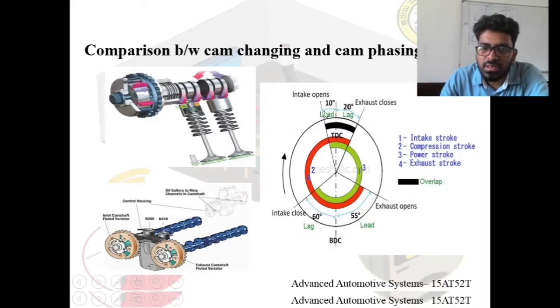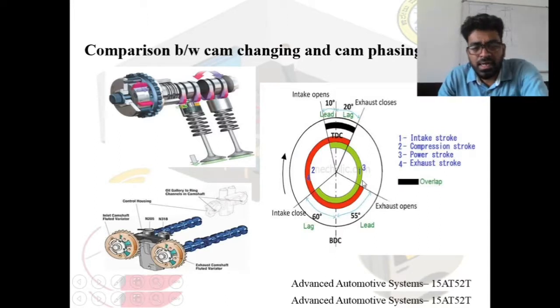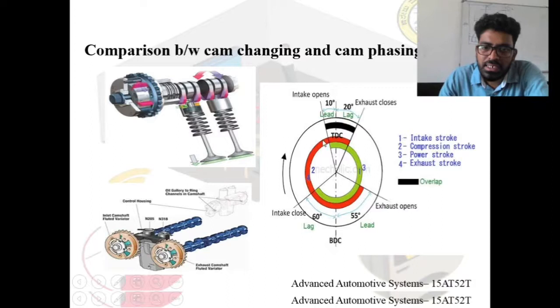Before 20 degree, or here it is showing before 10 degree. If it opens advanced before 20 degree, what happens? It will close earlier by 20 degree, because the cam profile is the same, so the duration of lift won't change. This is the main thing, so that at high speed also the engine or the combustion chamber